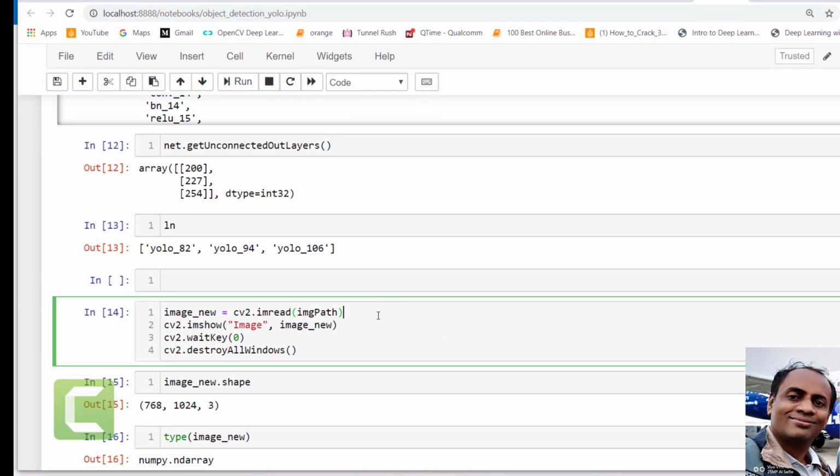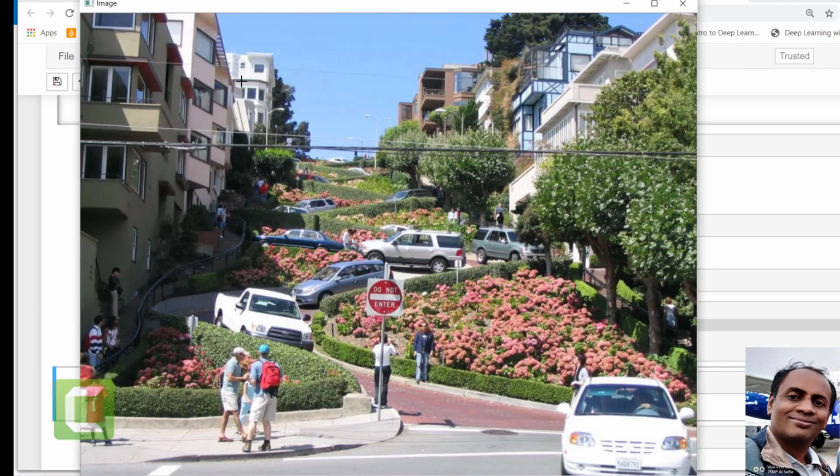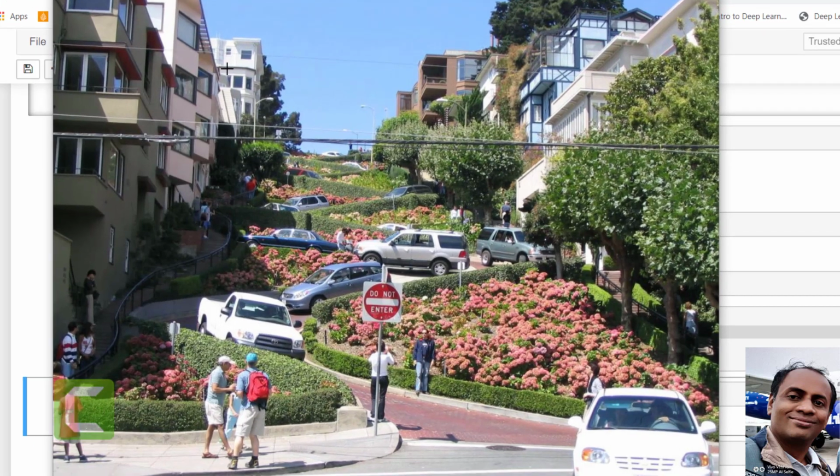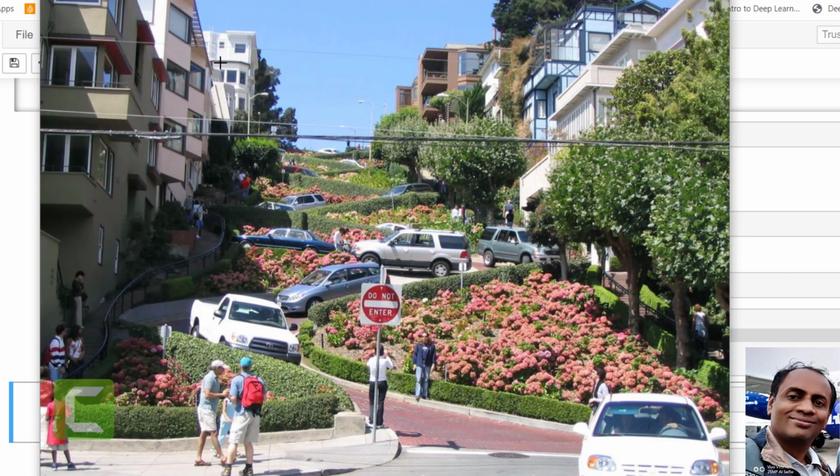So now here we are reading the image using the CV2 image read library, cv2.imread. Just give the image path and it reads the image, and I want to display the image. Okay, wonderful. This is a very famous image of Lombard Street in San Francisco. It's very beautiful. So we want to do object detection on this particular picture.